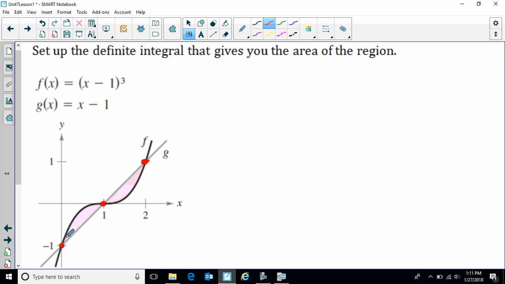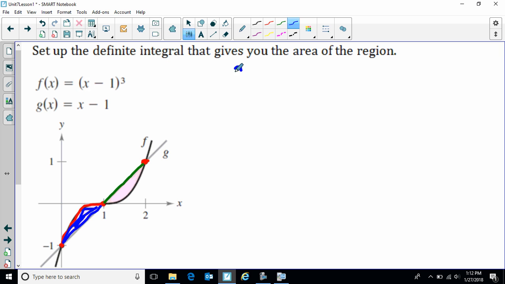Now our cubic function, f of x, is on top of our linear function from 0 to 1. However, from 1 to 2, our linear function is on top. This means we need to set up two separate integrals and add them together. So in order to find the area between two curves, for this blue part right here, what you would have